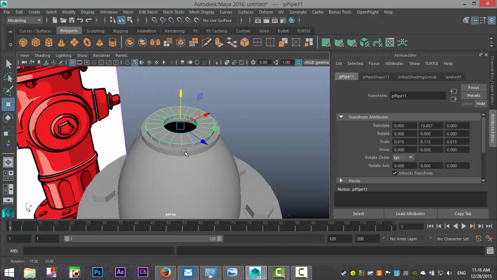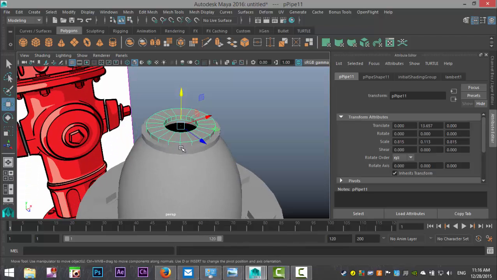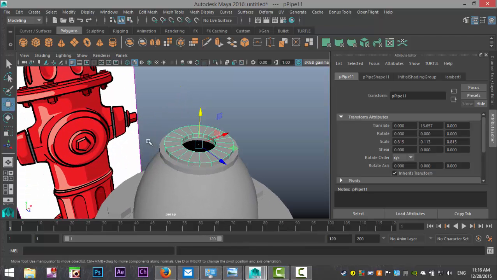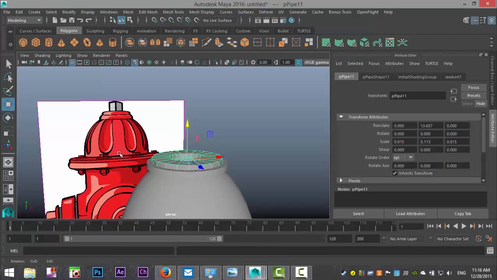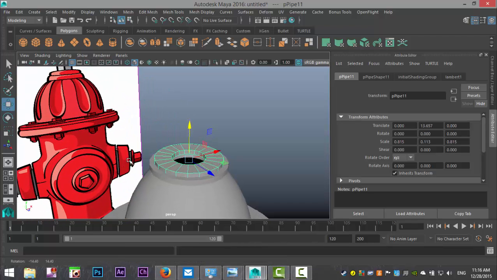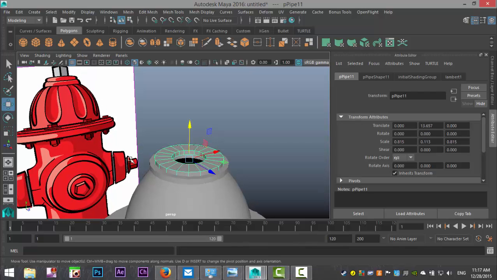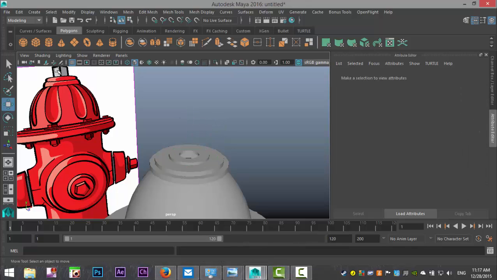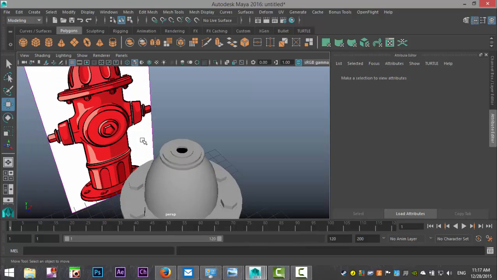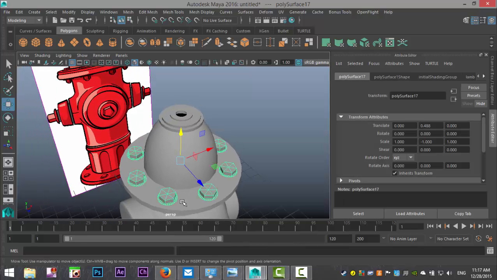Like that. And then, because we don't really have a good reference of the top there, what we'll do is one more. So Control D, W to pull that up, R to scale that in, and W to bring it back down. And then we'll create this bolt on top. And for that, we'll just